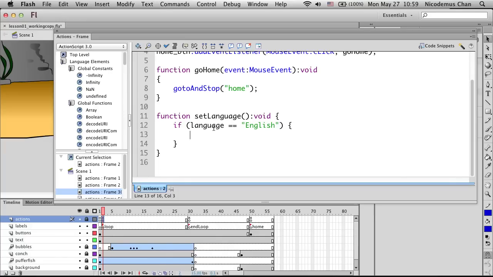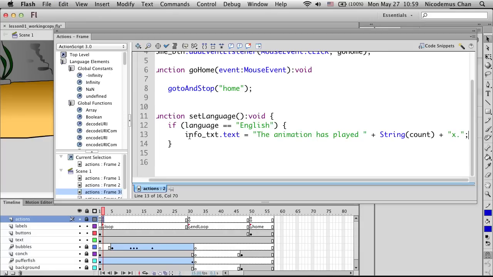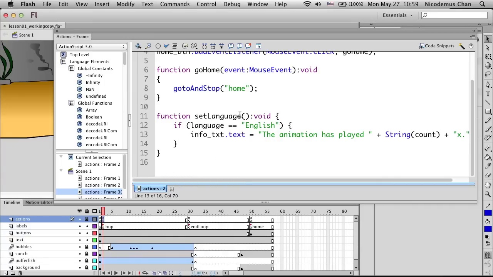So it checks if the language equals English, and then it will do something here. We're going to paste this text here, infoText, animation has played, string count, whatever. So this function says, okay, set the language. If the language is this, do this. Else,